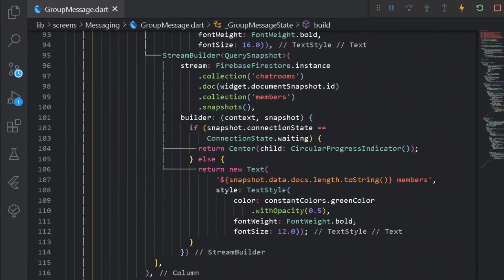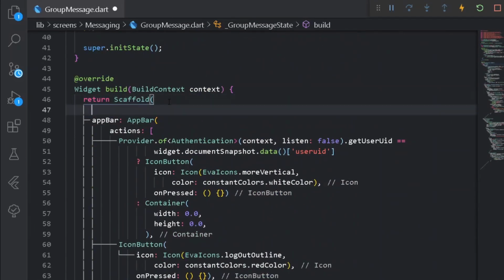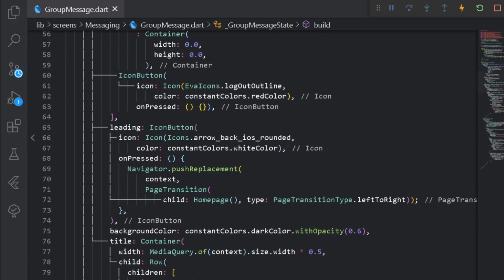So first of all, let's have a background color for our entire scaffold. For that purpose, we can go to the top and set the background color to the constant colors dark color. Now once that is done, format document once. First of all, we need to show the user a sheet after pressing the following sunflower, and the sheet shall be nothing but our entire stickers.